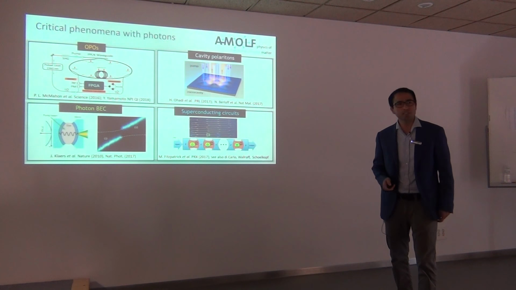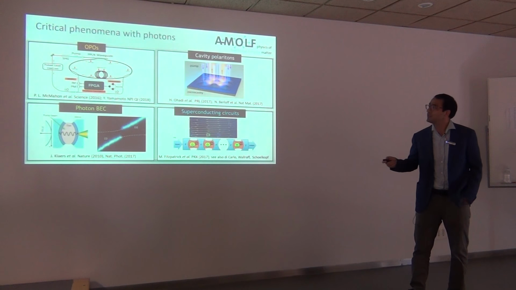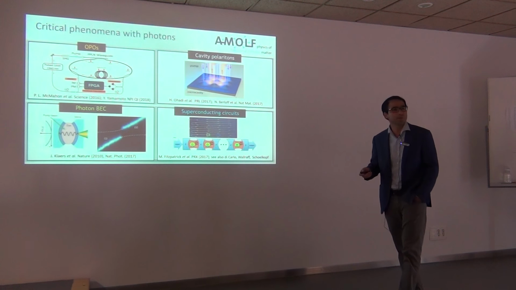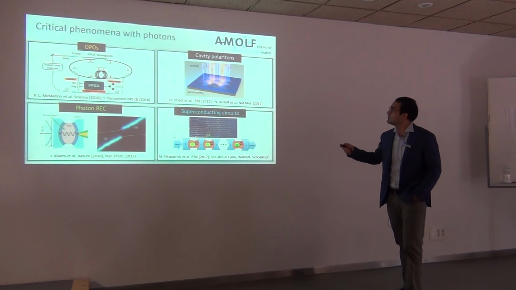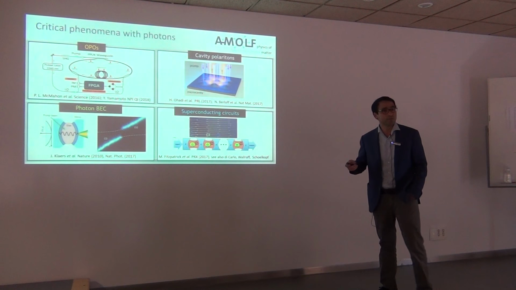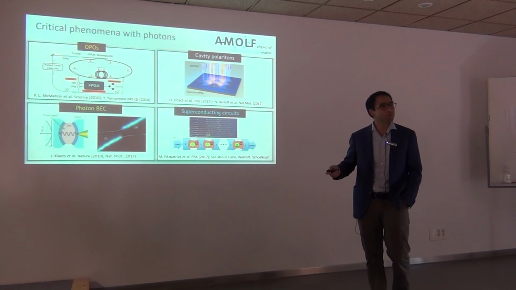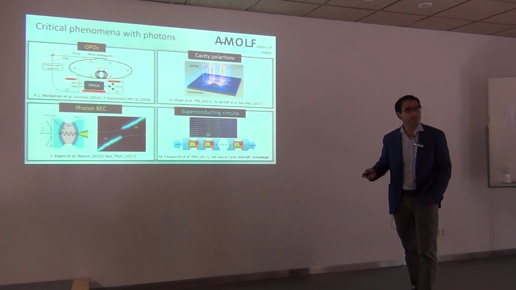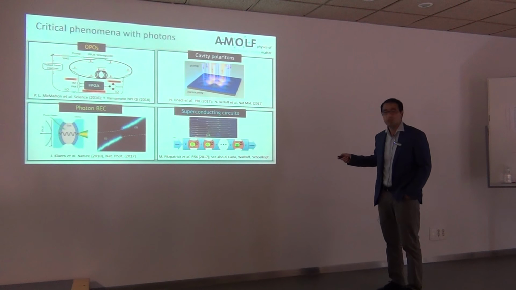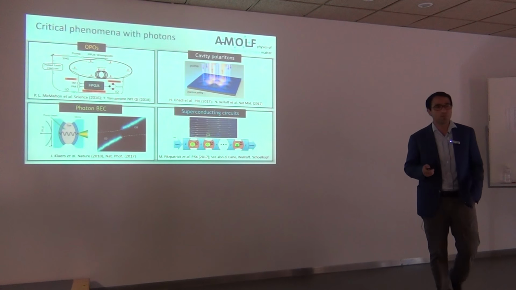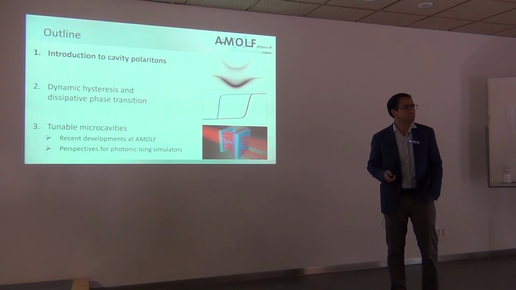There are several experimental platforms where this has been realized. In the groups in Stanford and in Japan, there's been work on optical parametric oscillators simulating Ising models. The group of Jeremy Baumberg was also studying different types of ferromagnetic systems with polaritons. Jan Klaers and Martin Weitz are studying photon BEC. Recently they started to do lattices as well. And in superconducting circuits, there are several groups as well that are looking at strongly correlated systems in 1 and 2 dimensions. So I'll be talking about the system that we work with, which is cavity polaritons.